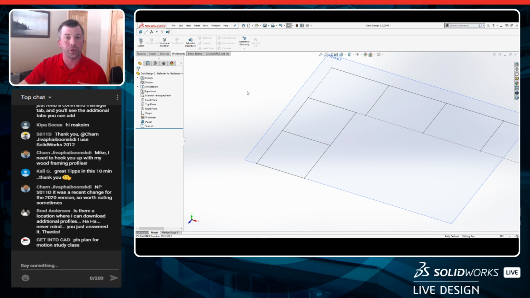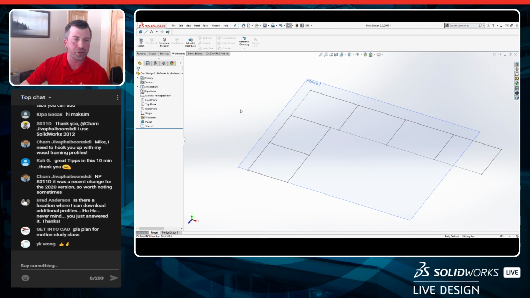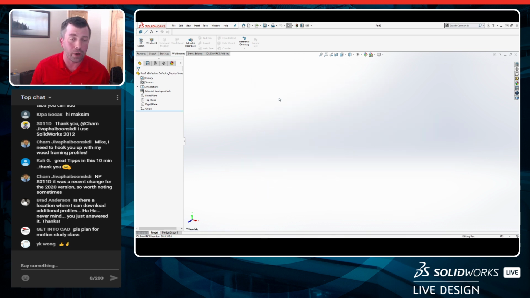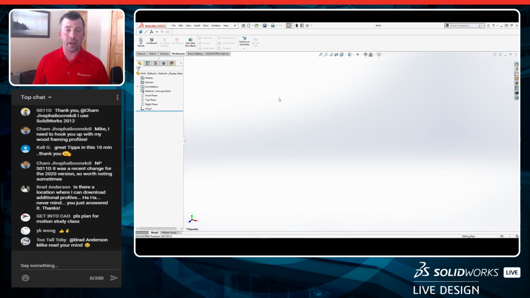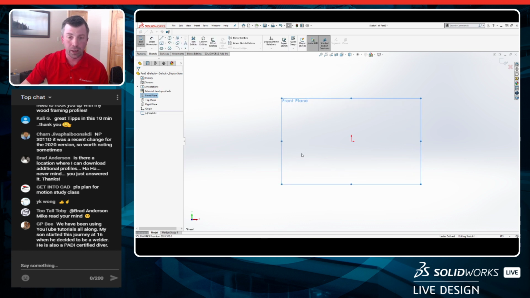Or if you want to, we can actually build our own custom. So let's go through, and I want to show you guys really quick how you can create your own profile, because it's super simple. And this gets into, if you know, the softwoods, that's downloadable. We have that on 3D Content Central. But like 80-20, or if you have some really crazy profile extrusions that you're using, maybe some plastic extrusions that's specific to your company, you would create the profile just like you'd start with a part and just generate out